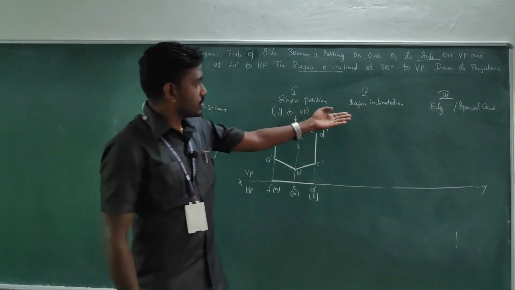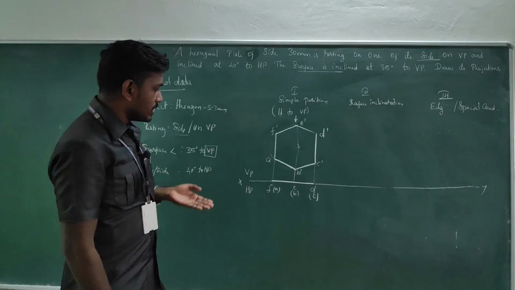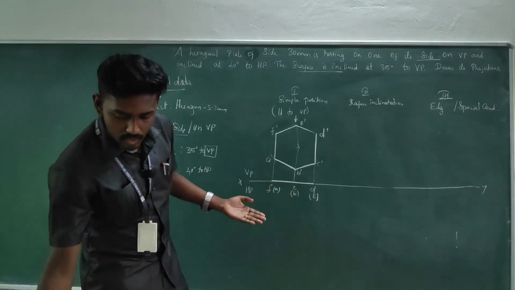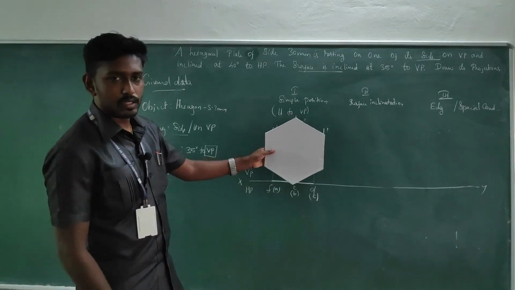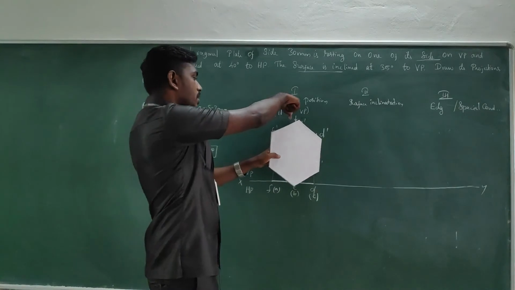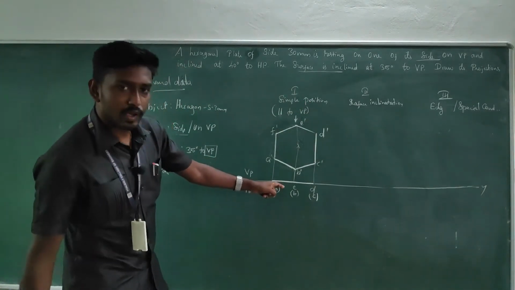Okay. Next step is a surface inclination. So it is easy. From this top view we are going to tilt the object. So now the observation is like this. Just we are going to tilt the object something like this, now to get the inclination with VP. Okay. So from the top view I am going to do.